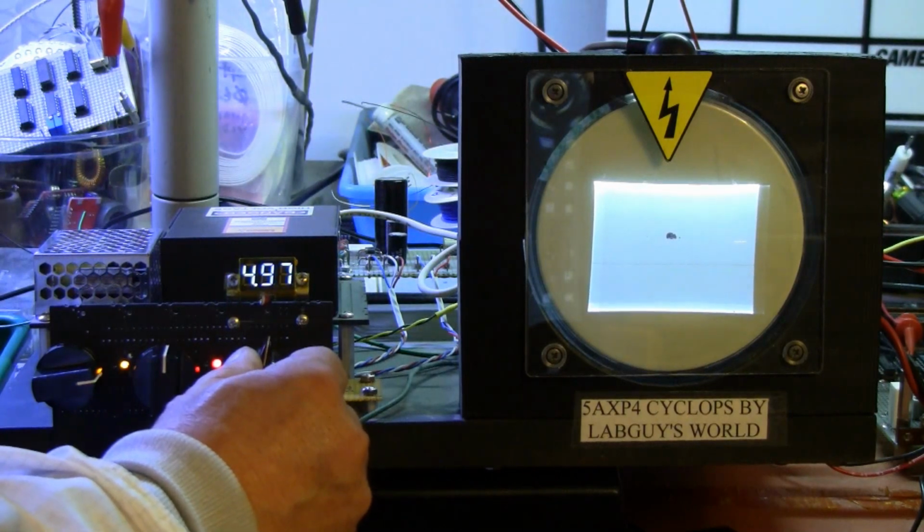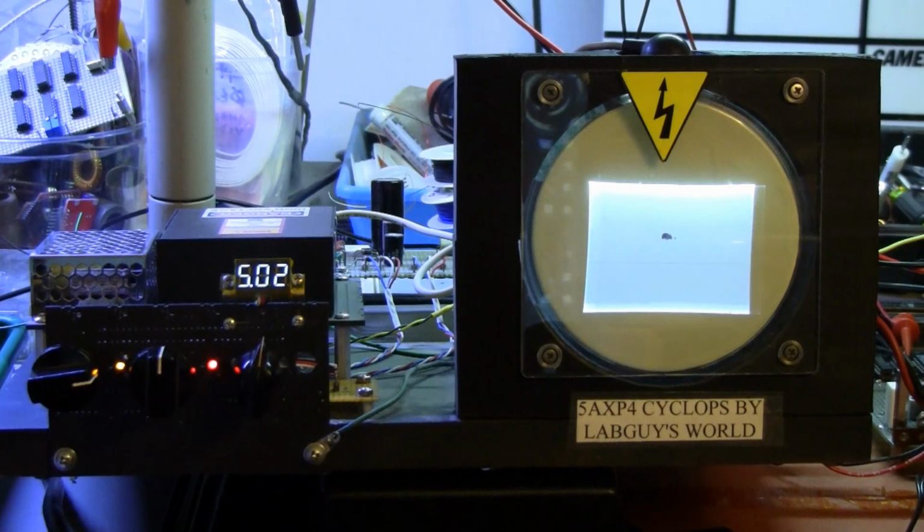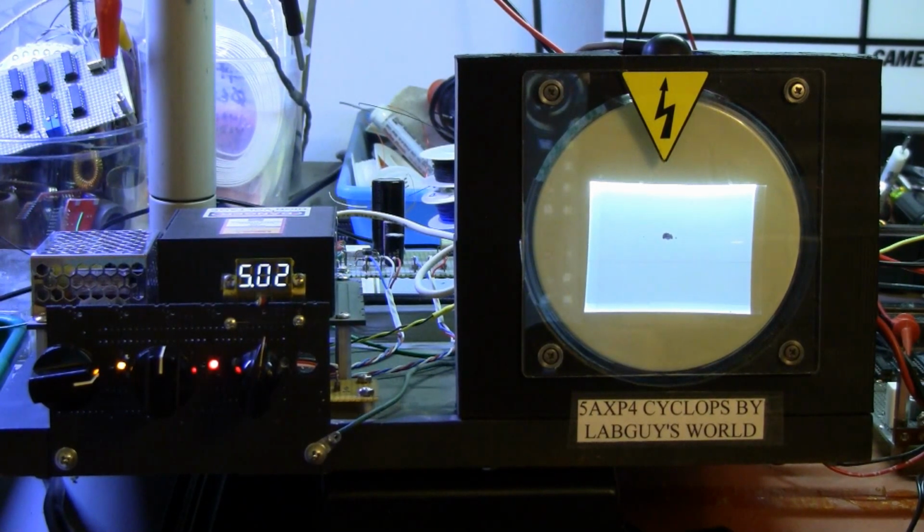I don't know where I heard that. Somebody said that, and I thought it was funny. So there you go. That's the improvements to the Cyclops. Today,